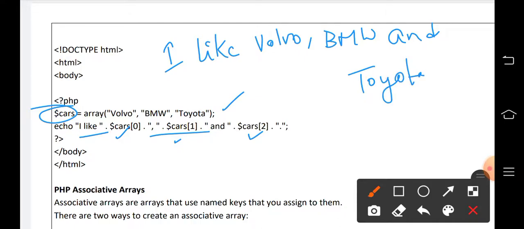This is the output for this particular program, in which you are just using the array function and storing 3 values in a single variable.